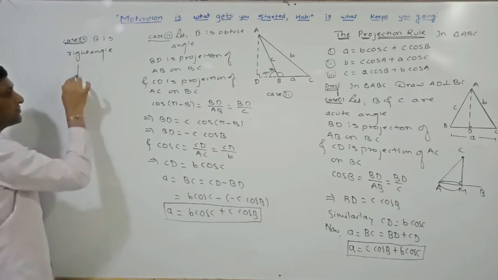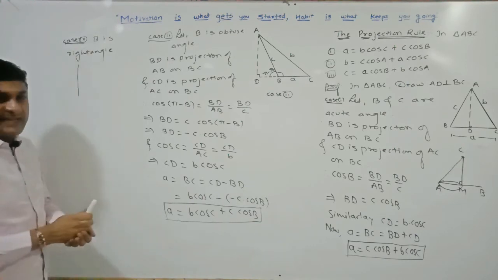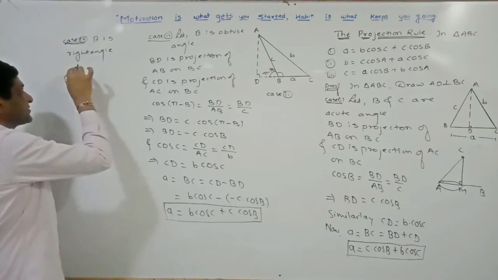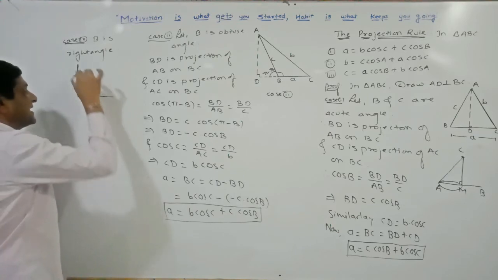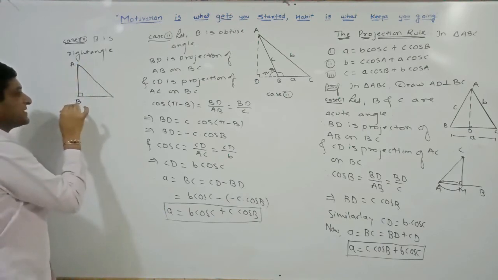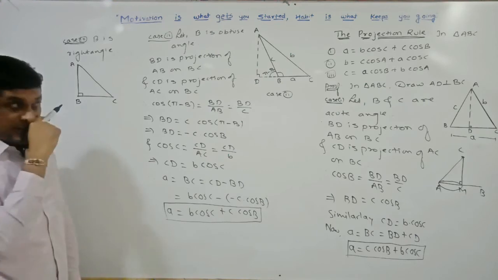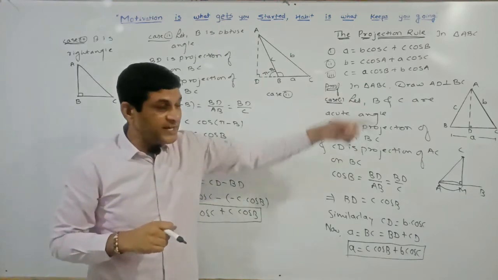So let us see what we will get if B is a right angle. Let us suppose that in this triangle B is a right angle. Right angle means its measure is equal to 90 degrees. So ABC is a right angle triangle. If this triangle is a right angle triangle, then according to our supposition, AD is